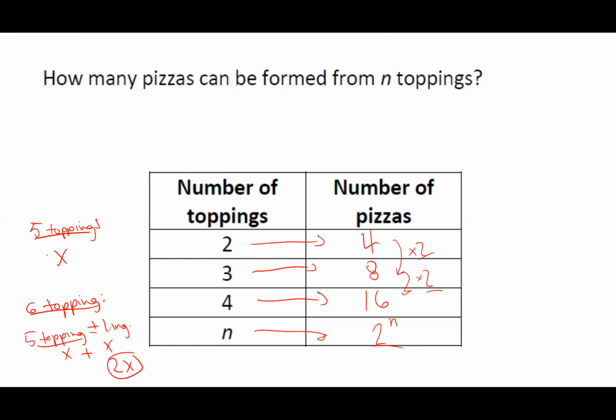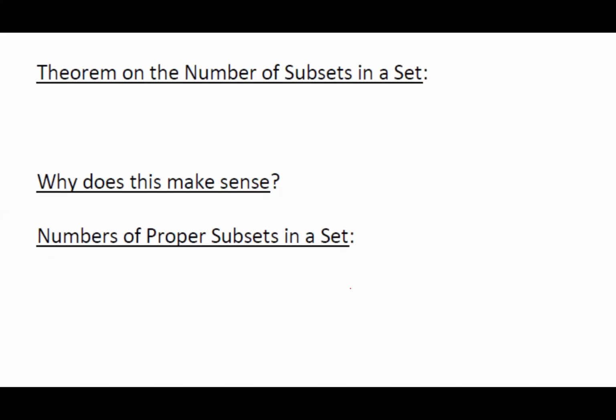So it's almost like if I know the number of, say, n minus 1 toppings, and I want to figure out how many pizzas there are with n toppings, I'm just going to take the number of pizzas from one less topping than it and double it, which is exactly what we're doing here. I understand that may have not sounded great, but that's pretty much what it is. All right, now,